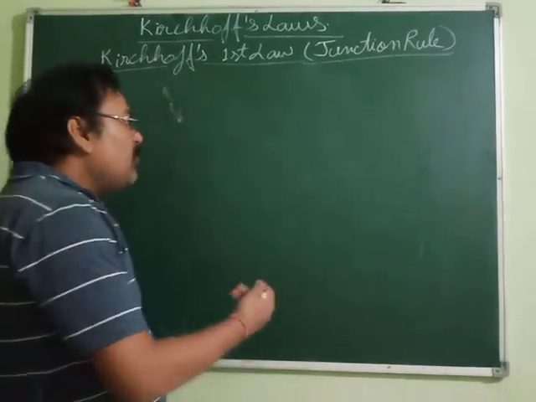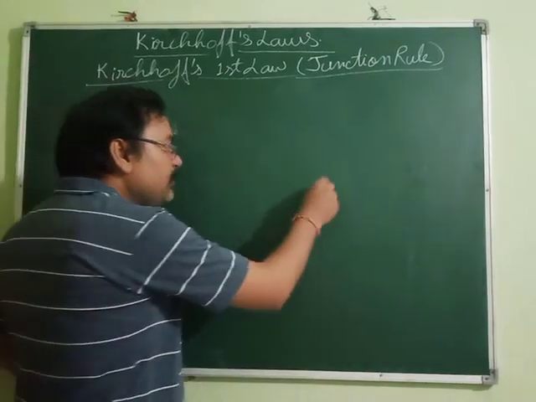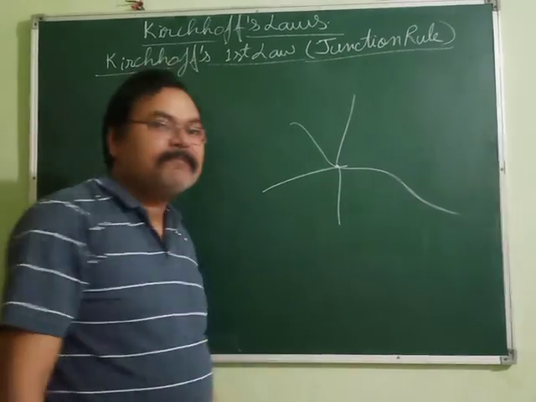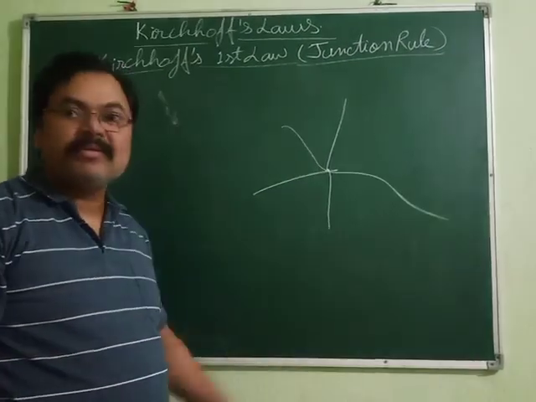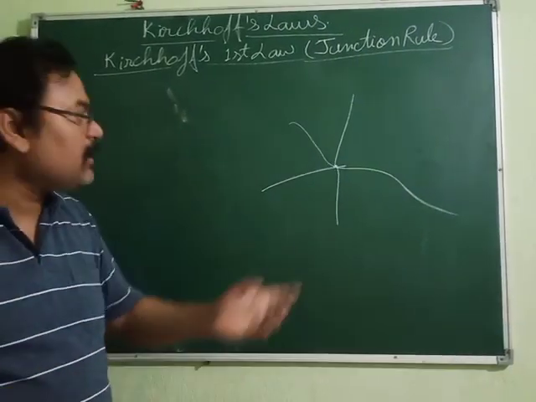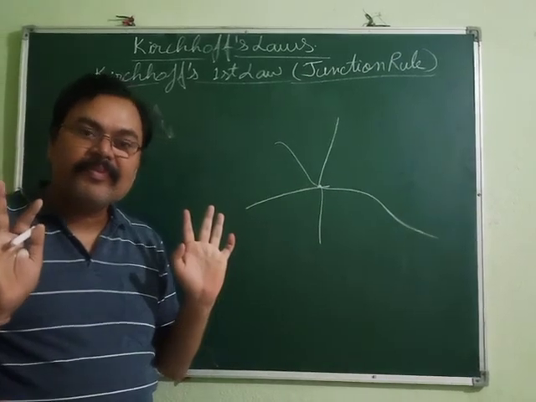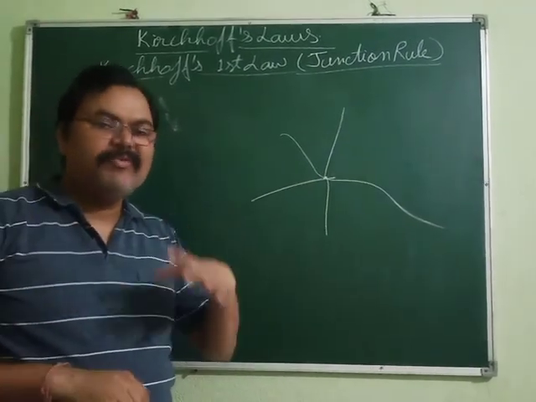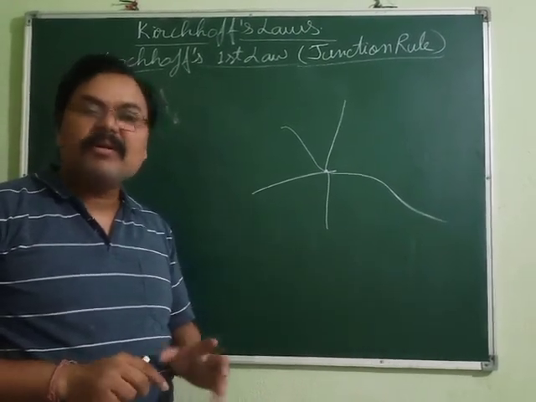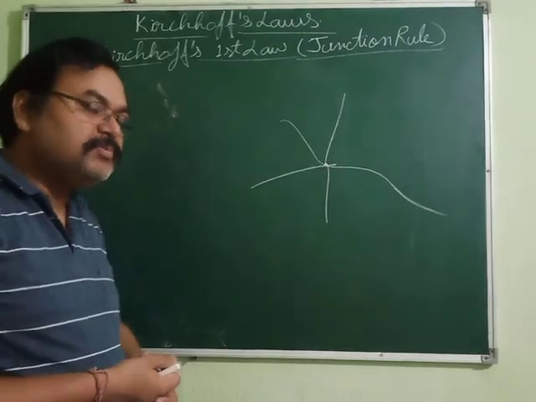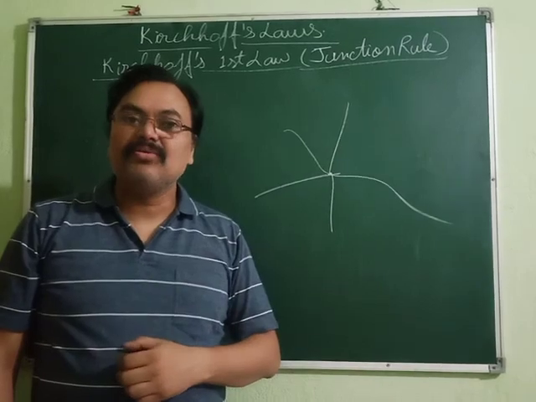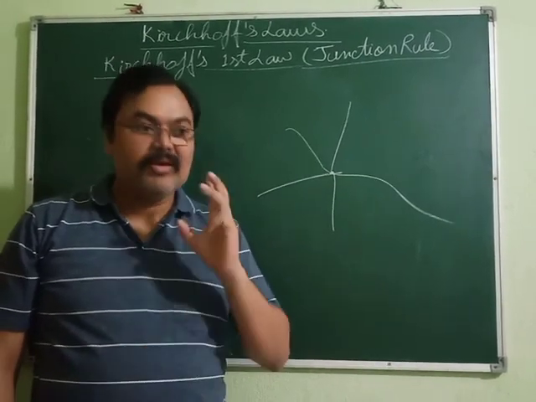Now what it says is, if there is a junction, suppose here it's a junction, and lots of wires are coming like this, then this law states that the algebraic sum of the current at a junction is always 0. Now what is algebraic sum? We all know very well. Algebraic sum means we have to sum the current using the sign, but we know that current is a scalar quantity. It cannot have a sign, because sign is assigned to vector quantities, no? Then how can we have a sign over here? Yes, we can. We have a sign.